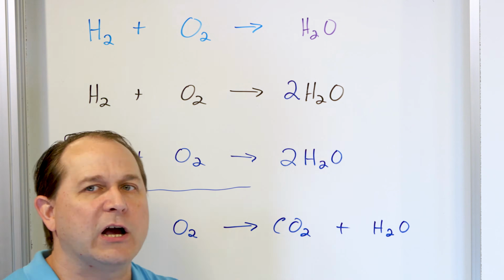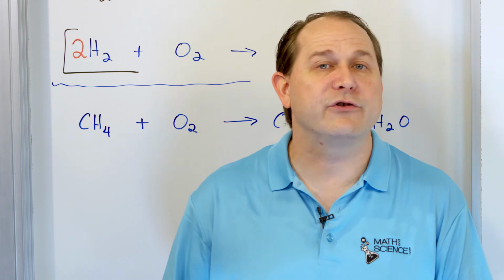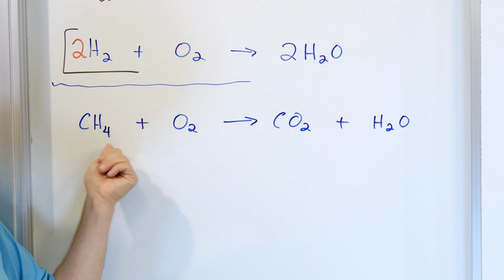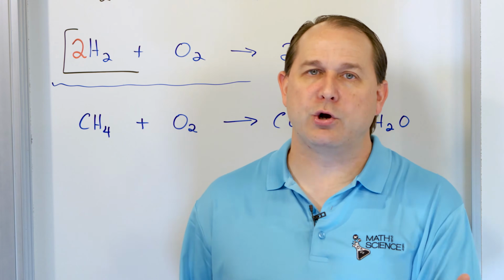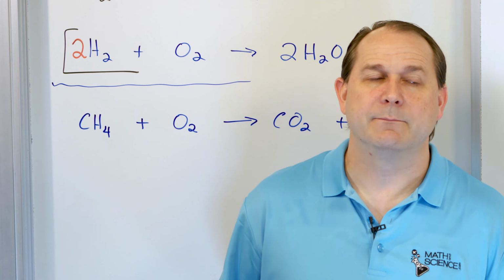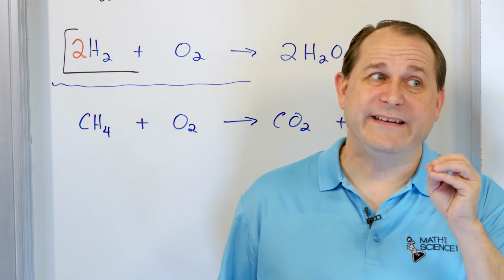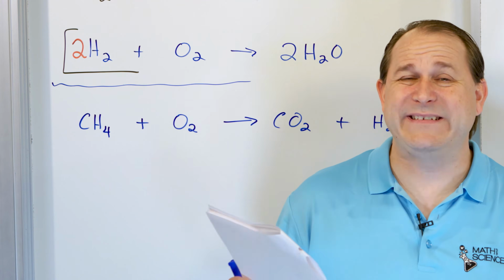Now, we're going to talk a lot more about types of chemical reactions in a later lesson, but I can tell you right now that when most things burn, and that's what's happening here, we're combining with oxygen. The methane is a fuel, and it's burning, right? When most things burn, it almost always forms CO2, carbon dioxide, plus H2O. And that's because, we're going to learn later why, but CO2, carbon dioxide, and water, H2O, they're very, very stable